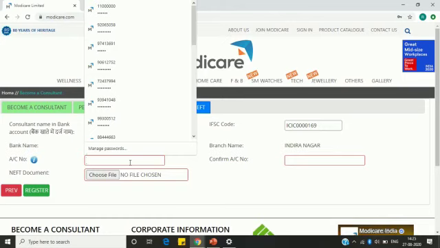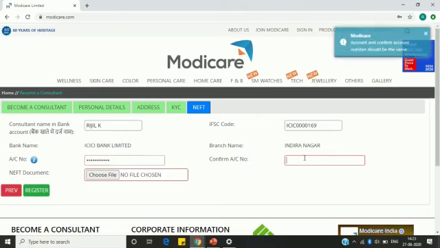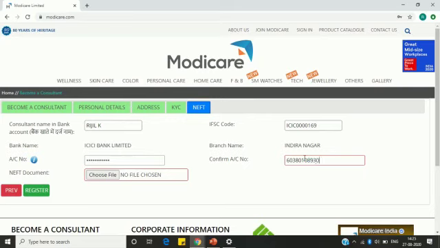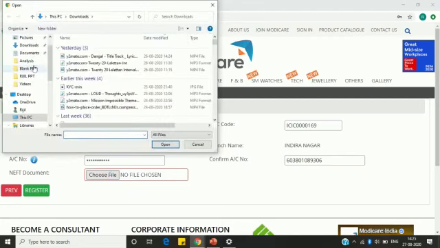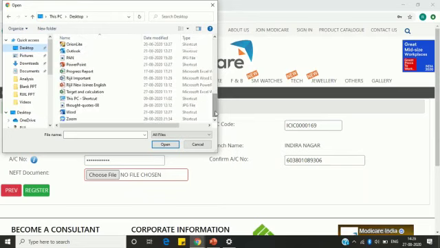So I am entering my account number here. And the same thing you have to enter here. This is just to confirm whether you have written the same account number. And then choose the file. The file can be your check leaf or your bank passbook front copy, which captures your name, your account number, and IFSC code.